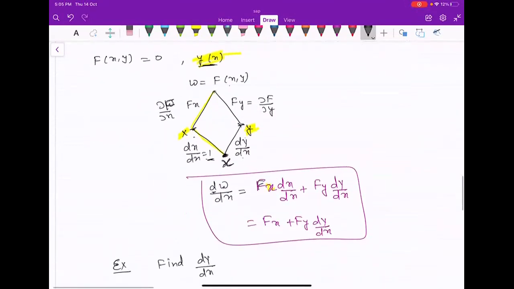बेटा आपको यहाँ पे ना फंक्शन ऑफ वन वेरिएबल ही दिया हुआ है। ओके, y is the function of x only, otherwise तो सिर्फ fy ही आएगा। If we are asking dw over dx, that means w is the function of x and y are associated with x only. अब इससे पहले जो हमारा सबसे पहले केस था वो ये था, w is the function of x and y are associated with t. Now I'm saying here y is the function of x only. So this is the case.